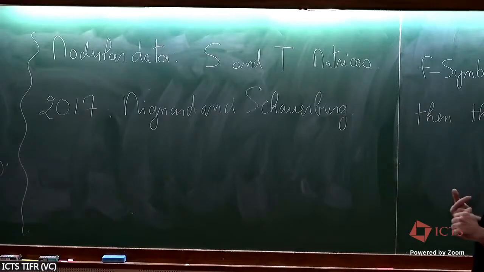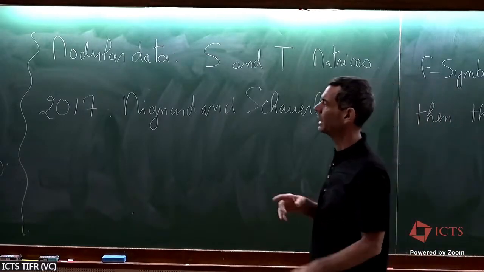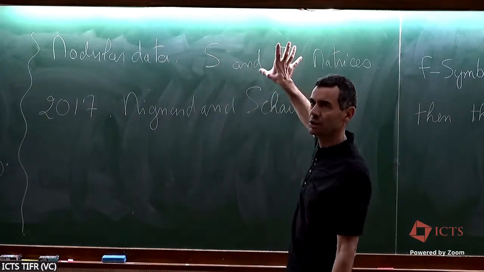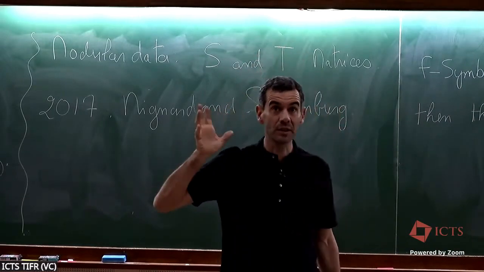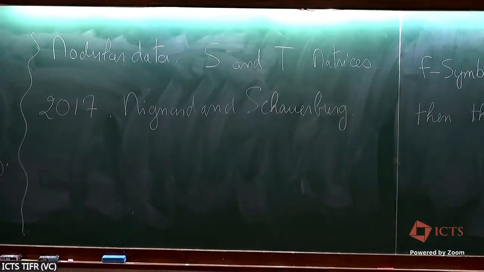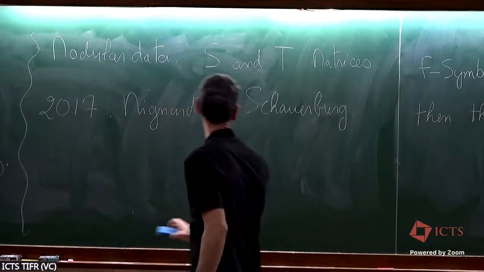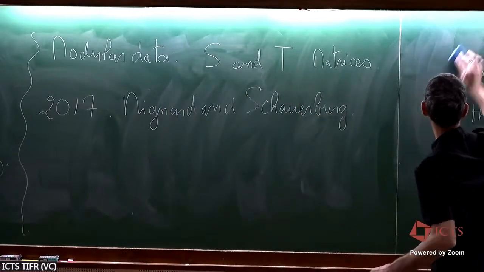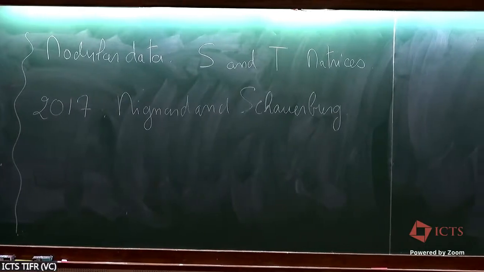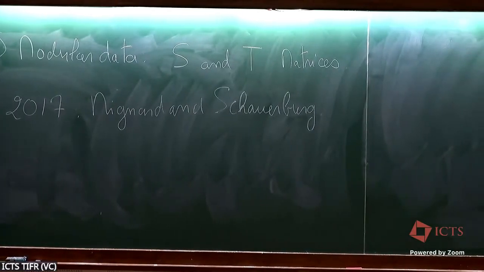Okay, so I think it's important to keep in mind that in many cases, people may only give you the S and T matrices, which are somehow way simpler to compute than deriving F and Rs, although they can be written in terms of those symbols, but there are also other algebraic structures that allow you to compute them in a different way. If some of you are interested, you can have a look at this very nice